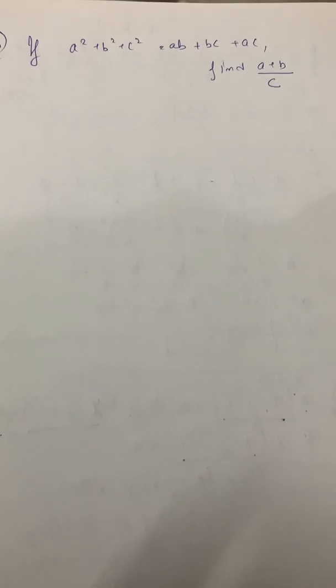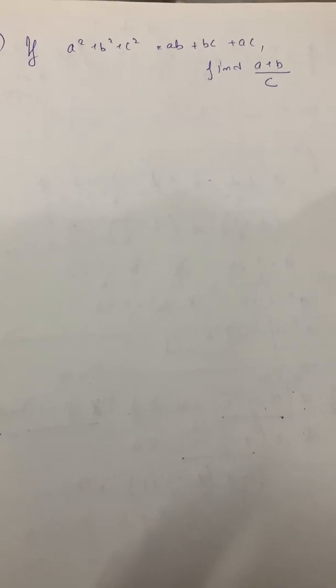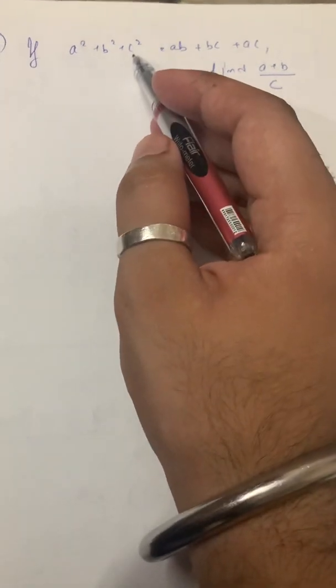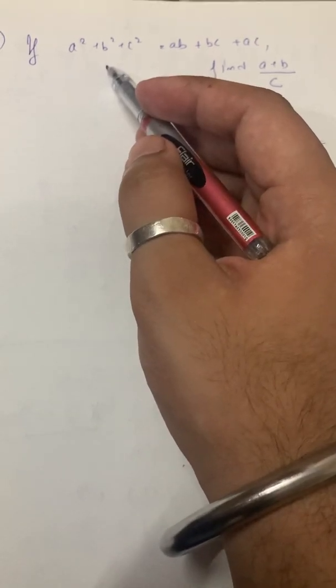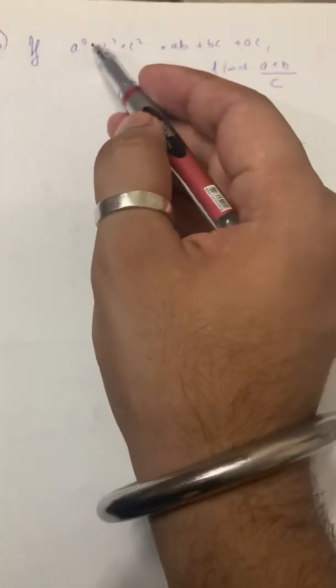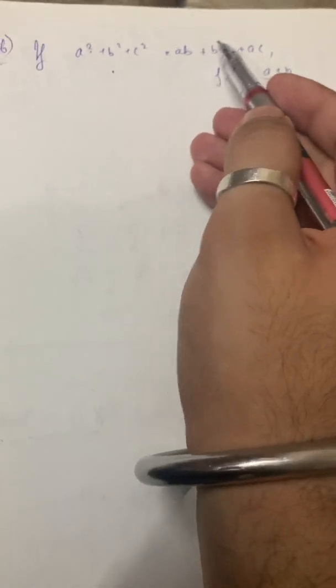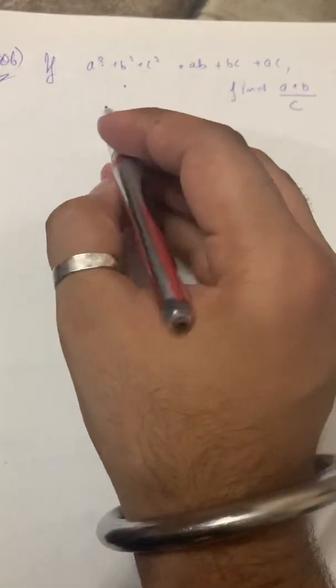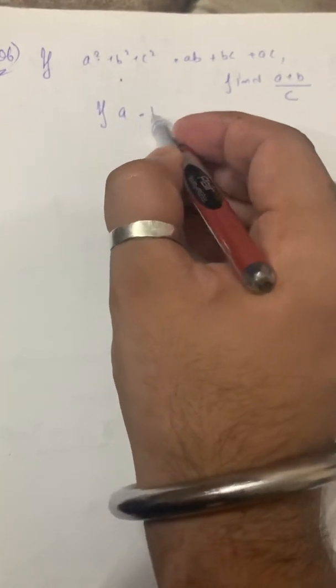What should we do here? Here also we can solve it with substitution, and by creating the formula also, class. So this is a kind of homogeneous equation. Homogeneous means when the degree is the same. This is 1 plus 1 is 2, 1 plus 1 is 2, 1 plus 1 is 2. So in case of a homogeneous equation, we can also take a is equal to b is equal to c is equal to 1. We can take all variables equal also.